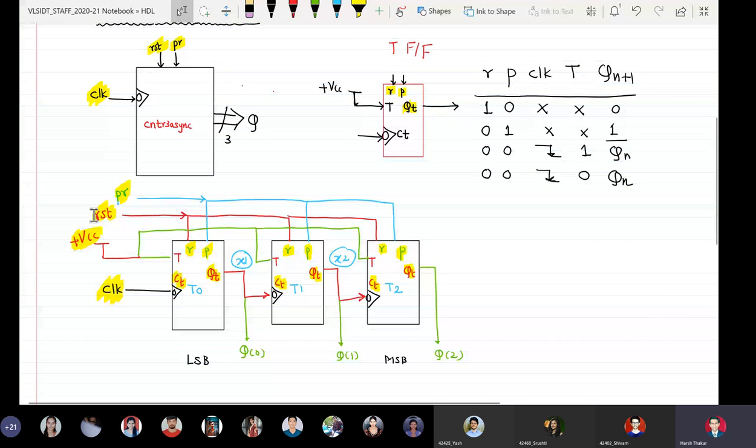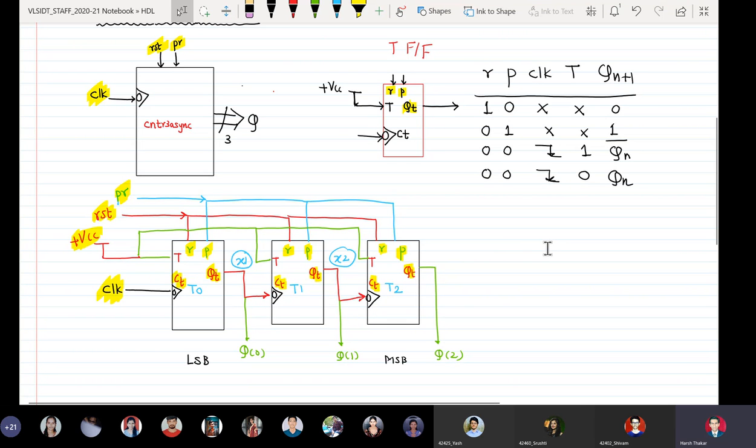At the same time, we have assumed 2 intermediate signals X1 and X2, which will connect the output of T0 to the clock input of T1, and X2 will connect the output QT of T1 to the clock input CT of T2. And the most important thing is that the T inputs of individual instances T0, T1 and T2 must be shorted together and given to VCC.